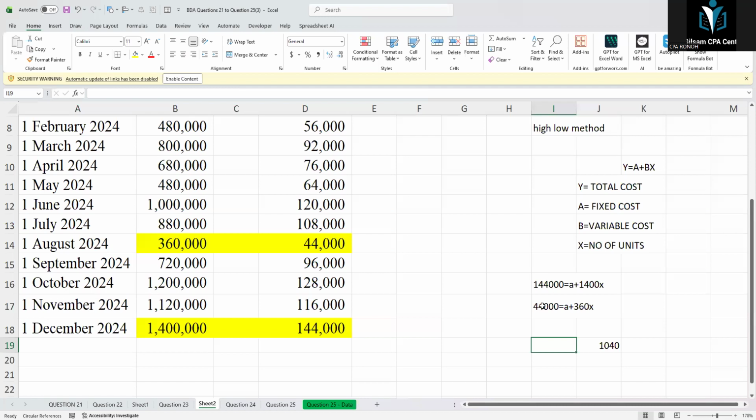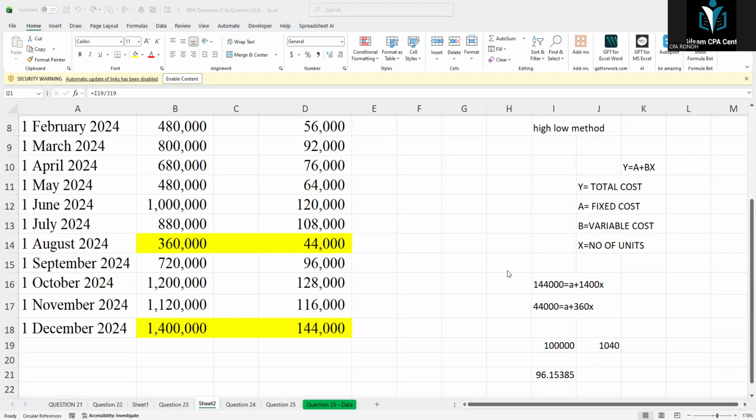X. And then what about 144? Subtract 44,000. You get 100. Divide. So take this, divide by this one to give us 96.15. We can use two decimal places. So 96.15 is our